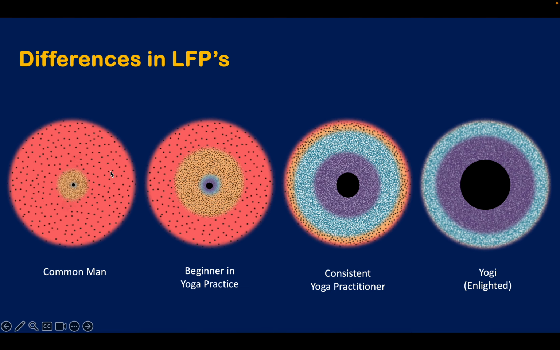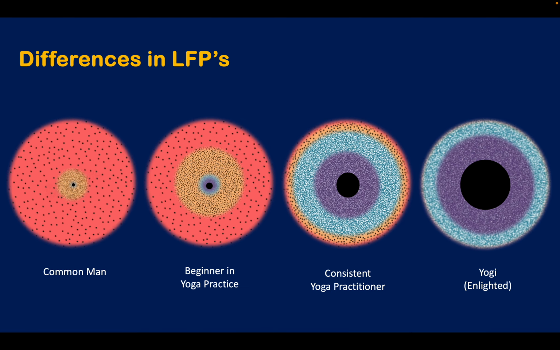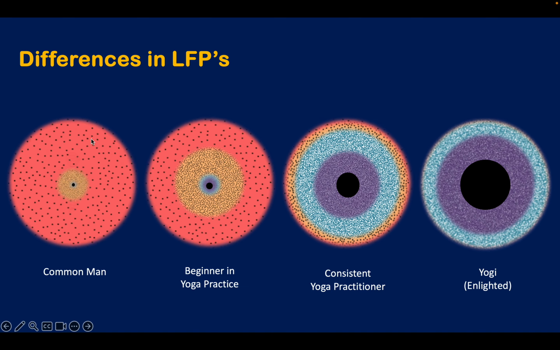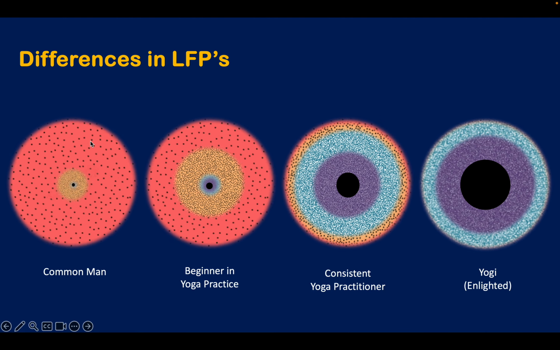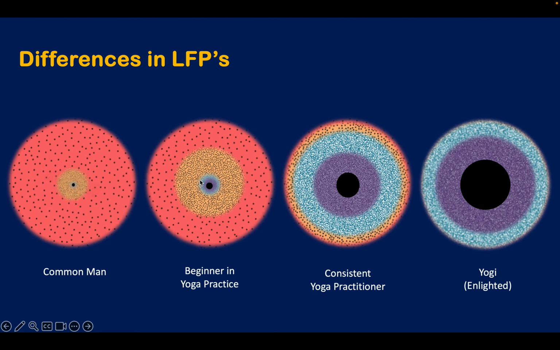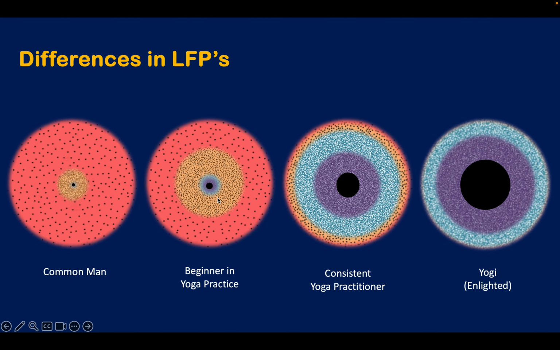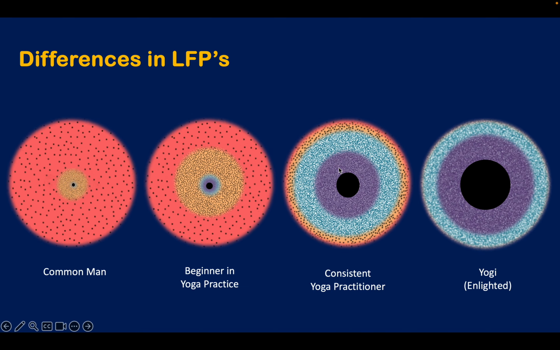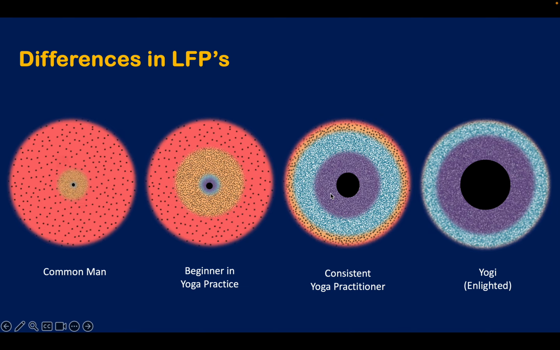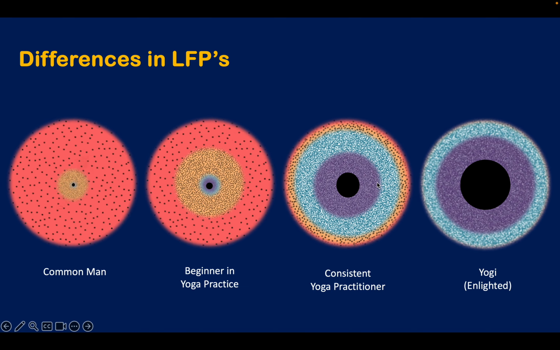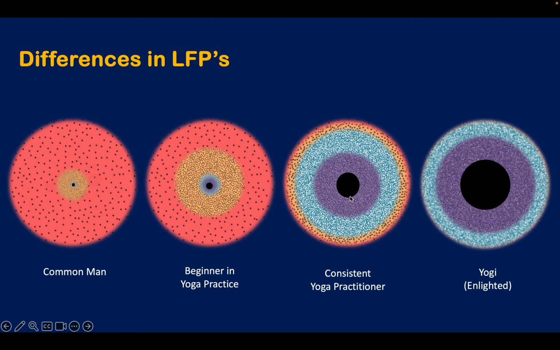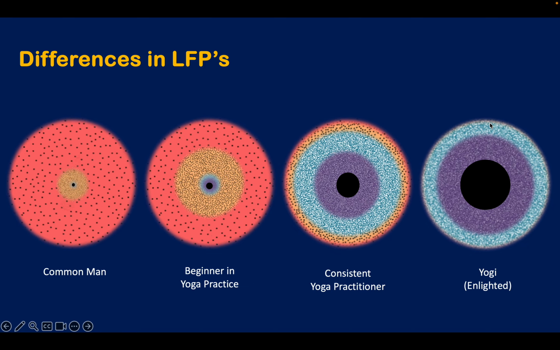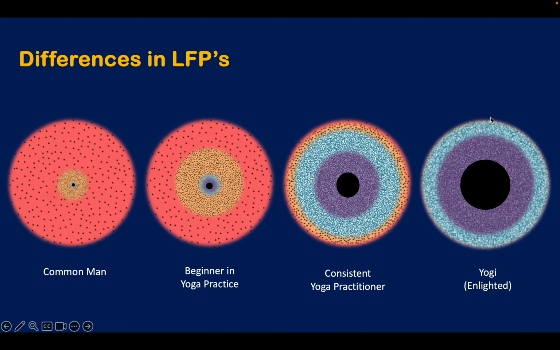So you can easily understand from this beautiful animation, a common man will be having multiple thoughts running around, lots of things happening at the same time, while those who are trying to start the meditation, beginners, they will have a little bit less frequency and you can see some calmness. When there is a consistent yoga practitioner, they will get a much larger delta and theta area, while an enlightened person will be having absolute absence of the outermost fast moving life particle.